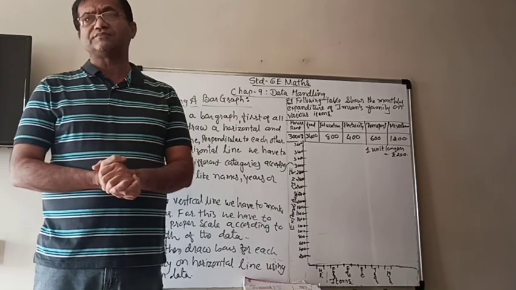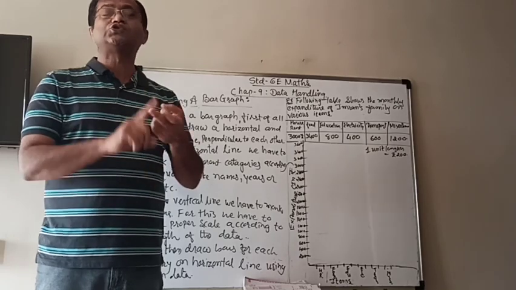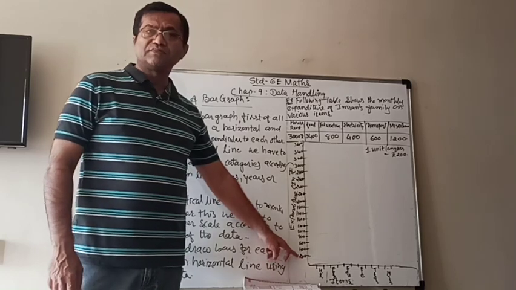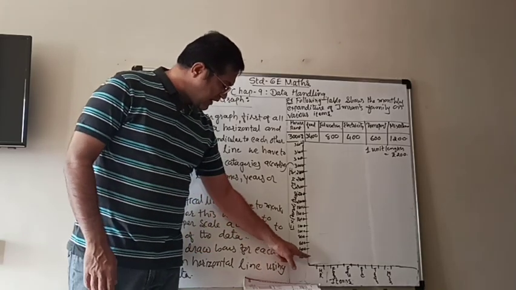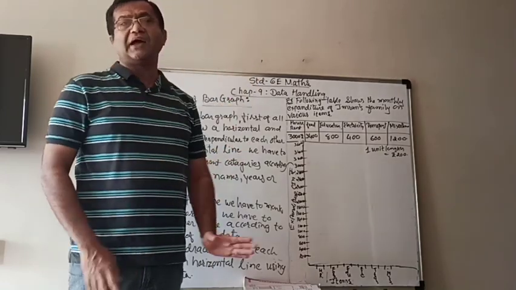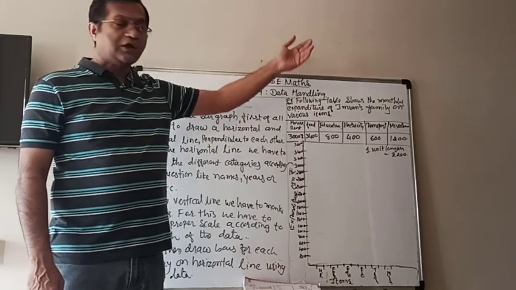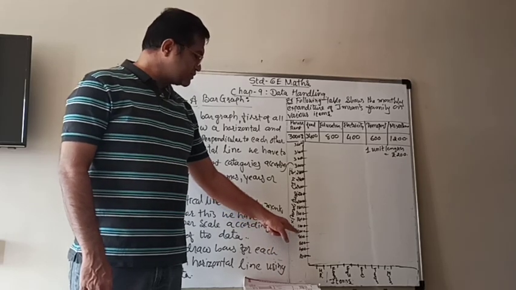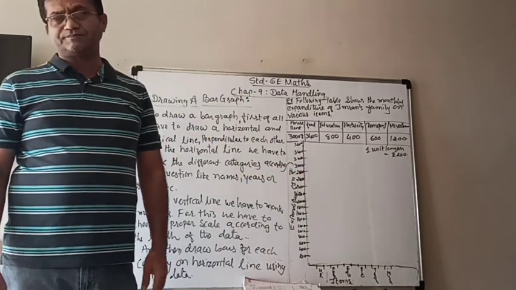So I choose the scale as 1 unit length is equal to 200 rupees. Now, as I show you, there are lines on the graph paper. On the first line you have to write down 200 and then keep adding 200, 200, 200, and go up until you get 3400 or more. I have already done 200, 400, 600, 800, 1000, 1200 and so on, up to 3600.